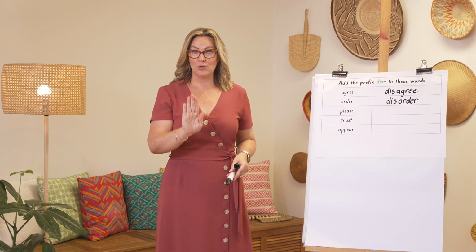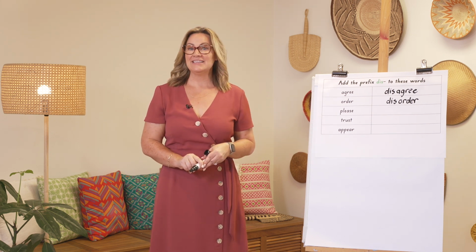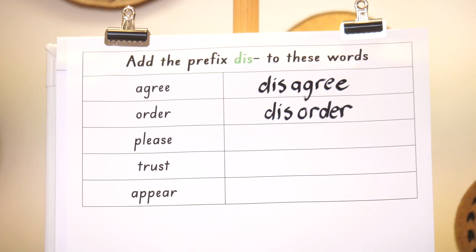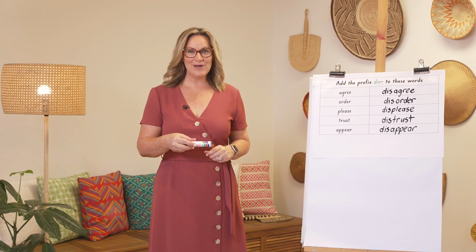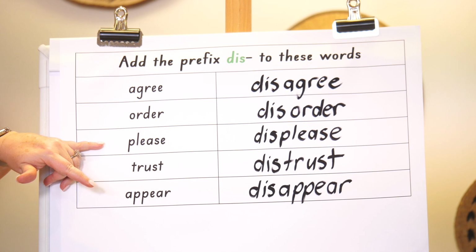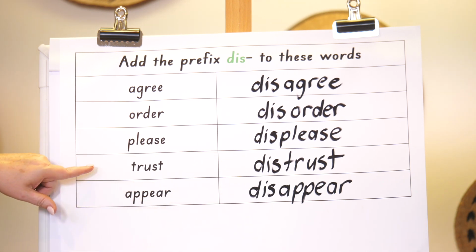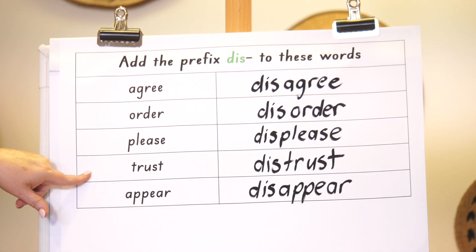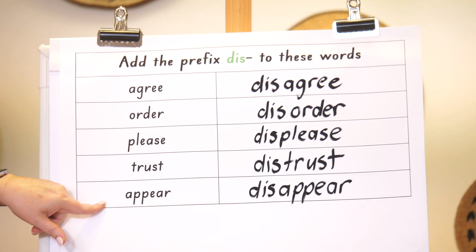Okay, pause the video, complete the dis words, adding prefix dis to these words, and we'll come back and check our work. Okay, let's check our work. Adding prefix dis, please would become displease. Trust, distrust. Appear,